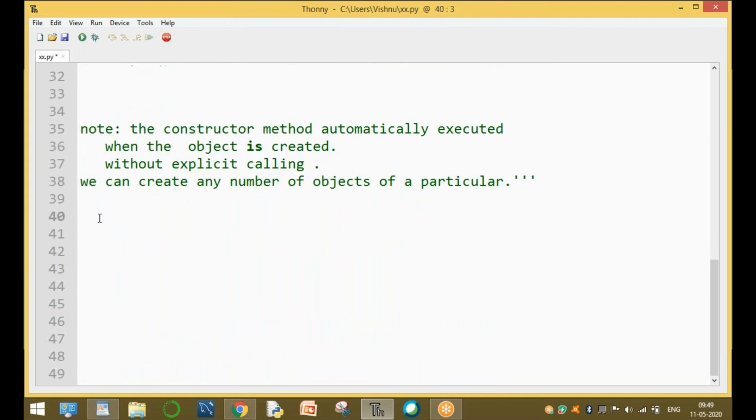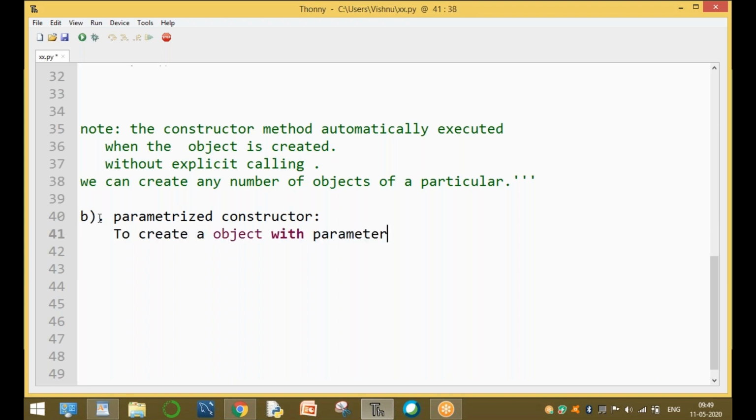The next one, the second one, is the parameterized constructor. The second point is a very important point. Parameterized constructor means to create an object with parameters.